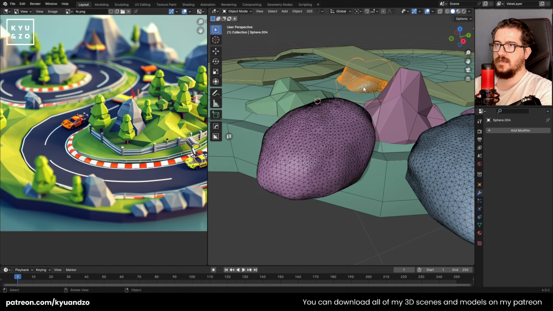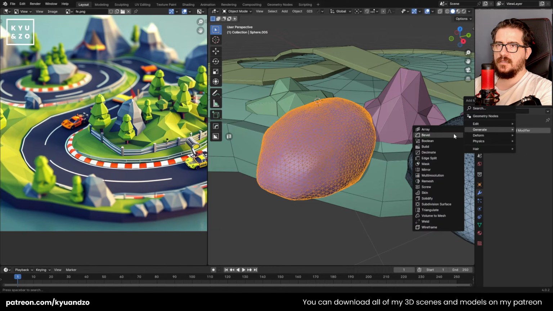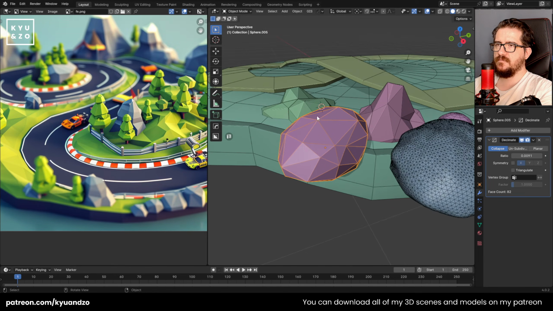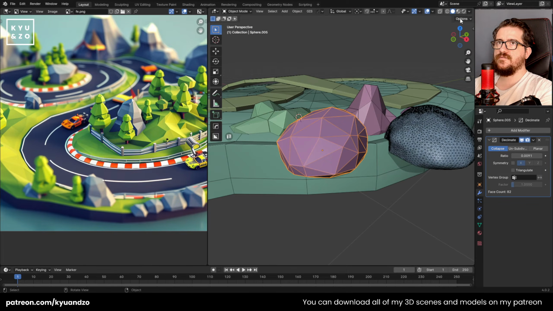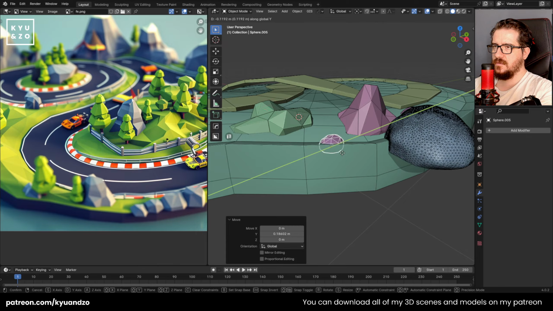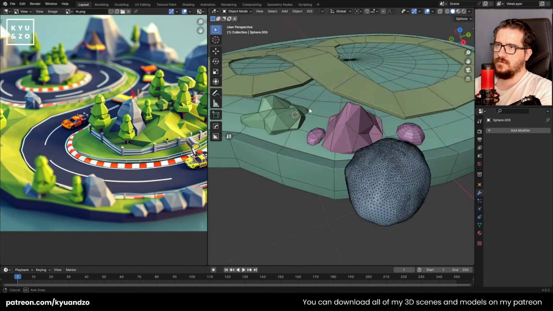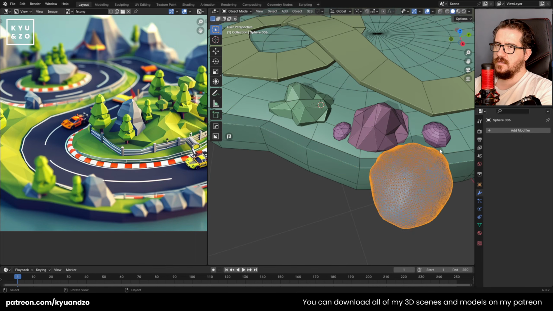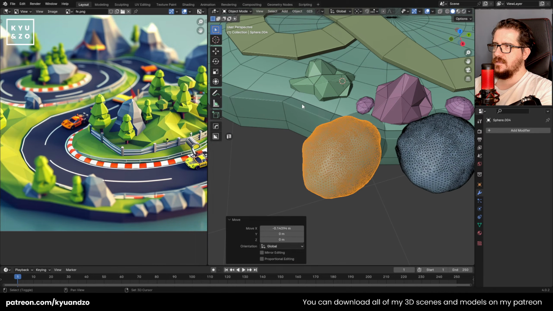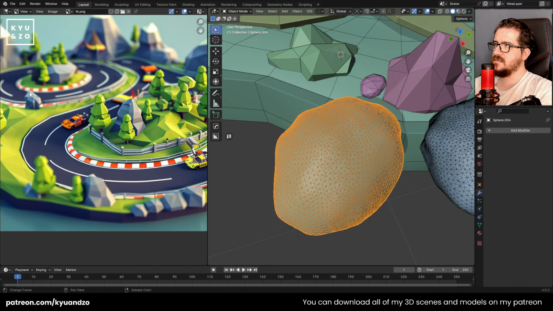Save a backup as always and decimate it. I'm just counting it to 80. Yeah, 80 is fine. You can have it 80 faces here. That's looking fine for me. And that's a small rock stone here. So I'm just gonna keep it a little bit more, but that's all, because I don't want